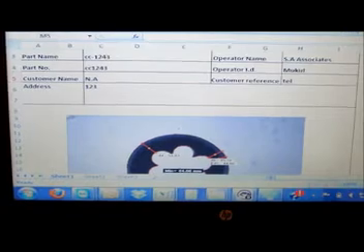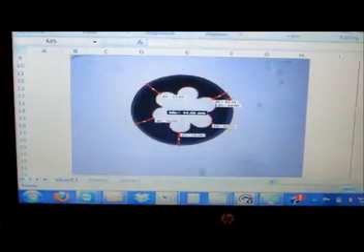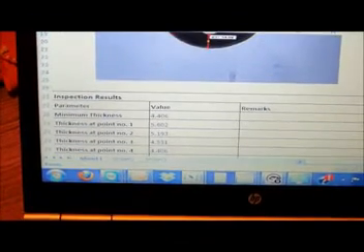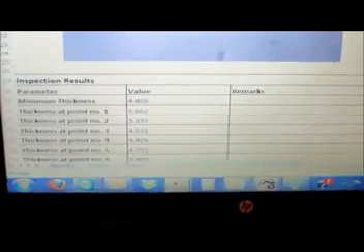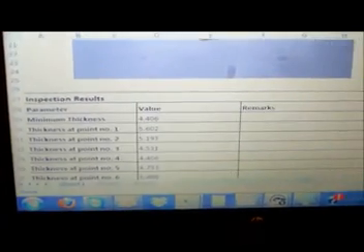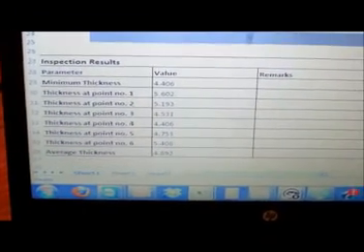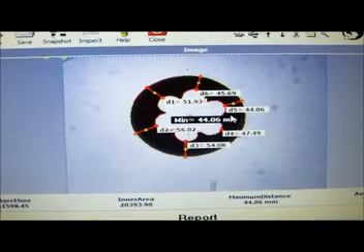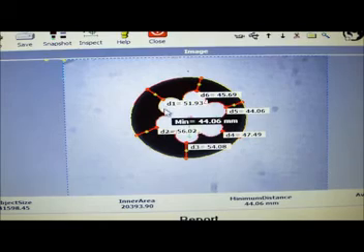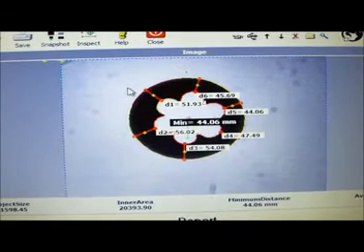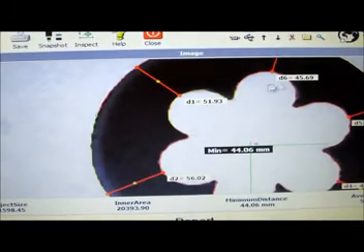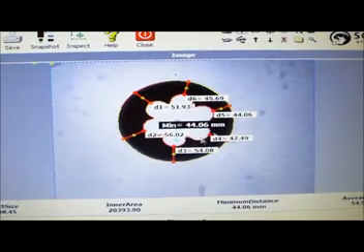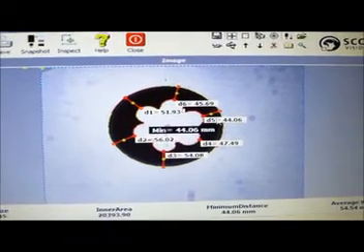Yes, you will have the image of the sample which is being measured, and at the bottom you will have all the results. You can measure the thickness, the minimum thickness, the maximum thickness, the average thickness, the thickness at 6 points. Then you can also include in these results the ovality, and the outer diameter also can be programmed, and you can have those results over here. Now you can see there are 6 measurements on the 6 strands. It's a 6-core sample. The first measurement is D1, the second measurement is D2 here, then D3 over here, then we have D4, D5 and D6.